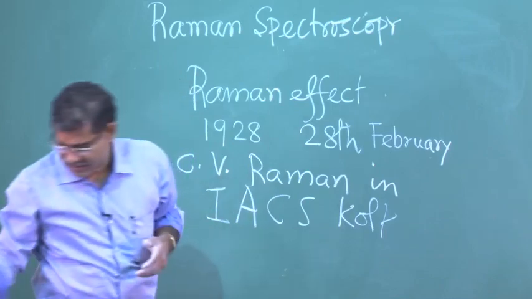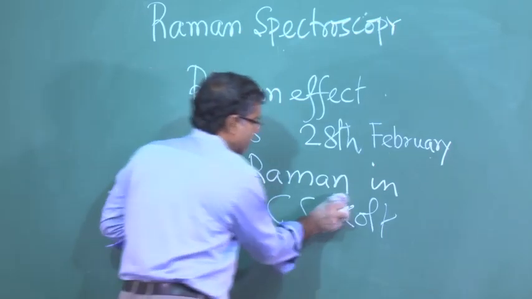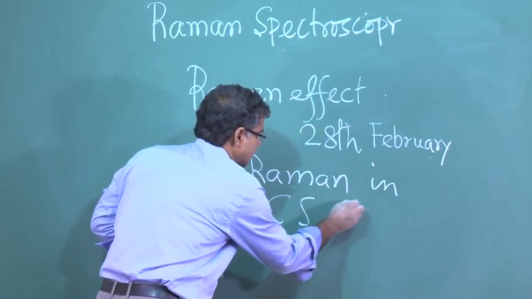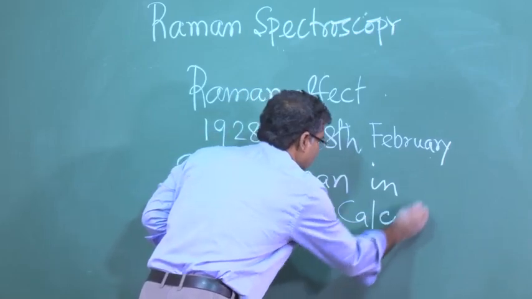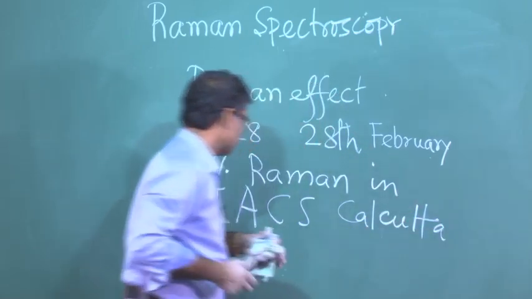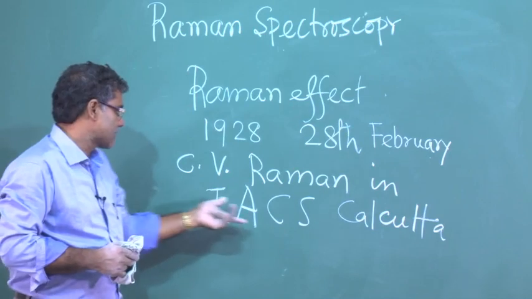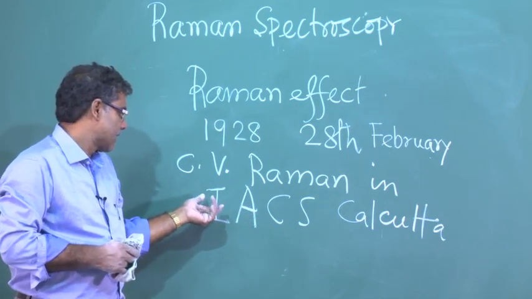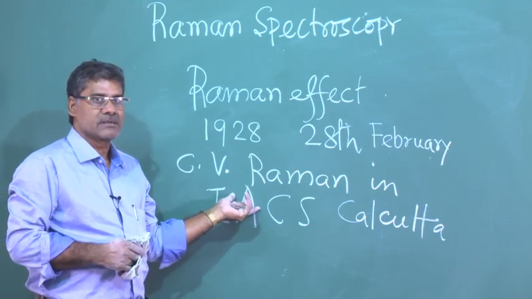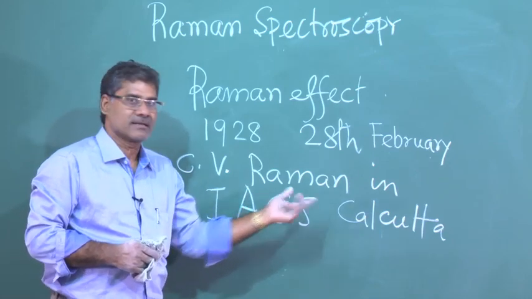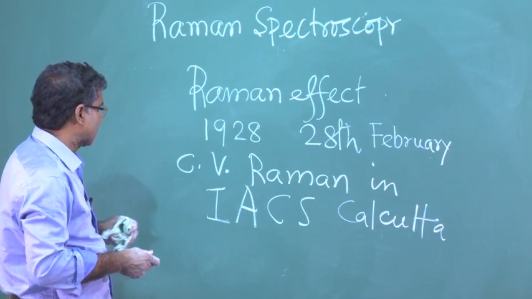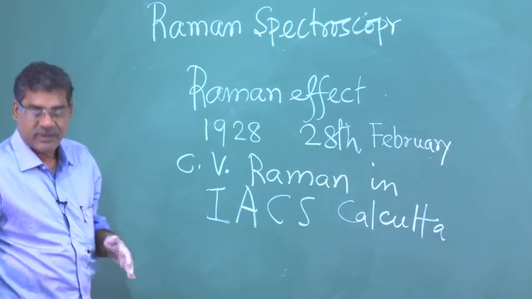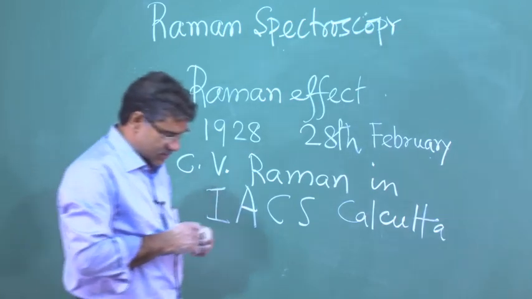That time it was Calcutta, IACS Calcutta. Okay. So, IACS is basically Indian Association for the Cultivation of Science. I do not know whether you have seen this institute in Kolkata,